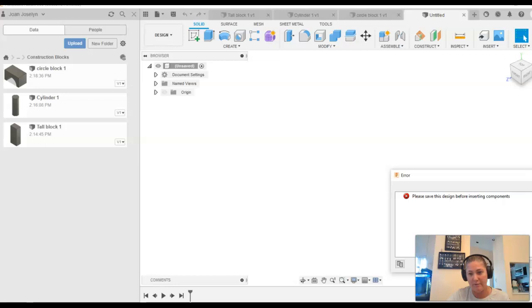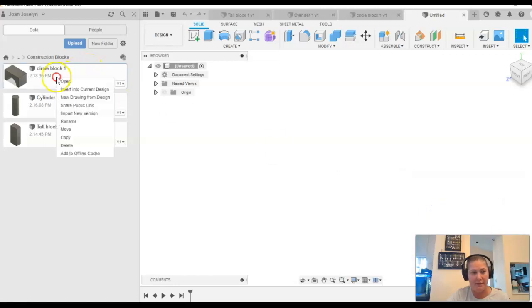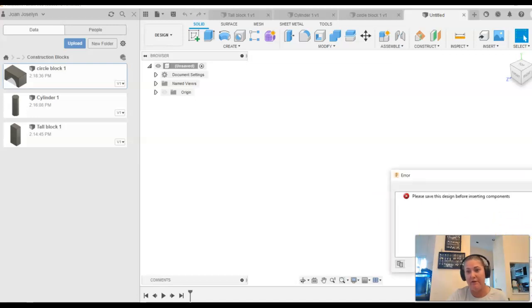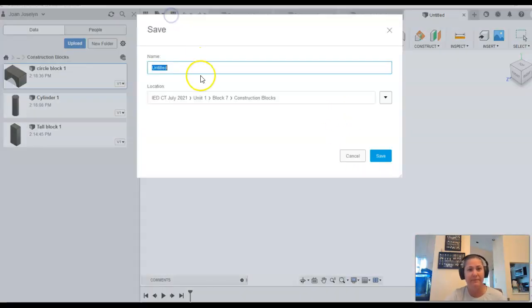I was trying to do something. Let me do it. I try it again. Right click, insert to current design, error message. The error messages are great. They actually tell you what's going on. If I'm stuck with a student, I read it. It helps. So if I just save it, and I'm going to call it